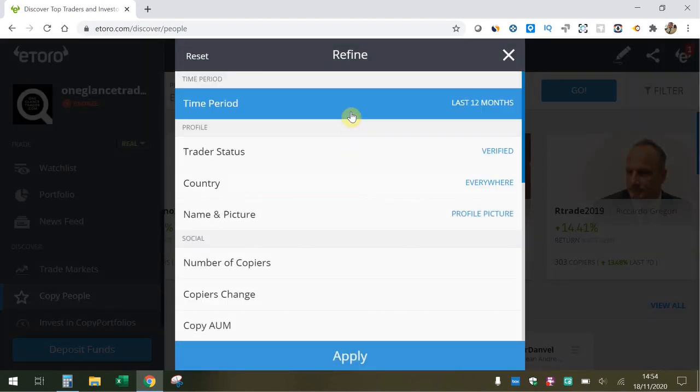So what you can do here is filter on the time period in terms of how long they've been on the eToro platform and have trading history. We'll keep it very simple: we want to look at people that have a trading history for the last 12 months,